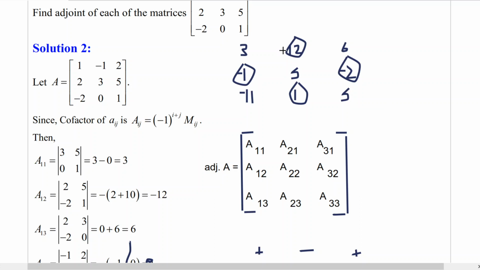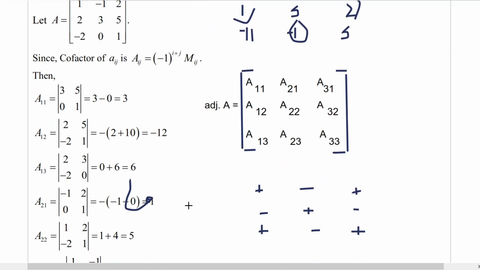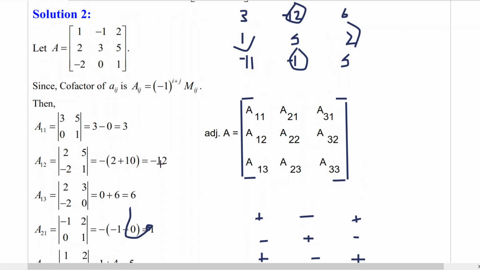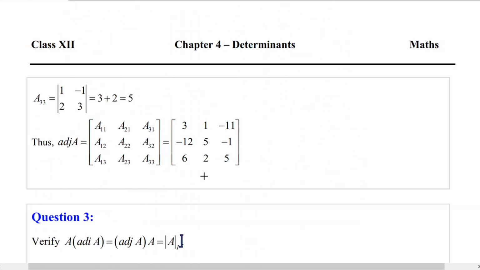So this cofactor will be minus 12, and this one will be plus 1. I'll just remove this negative. Okay, this will be plus 2. So plus 1, right? And here just a negative needs to be put. Got it? So the first cofactor is 3, second is minus 12, third is 6. Next we'll see 1, correct, 5, correct, 2, correct, then minus 11, minus 1, 5,